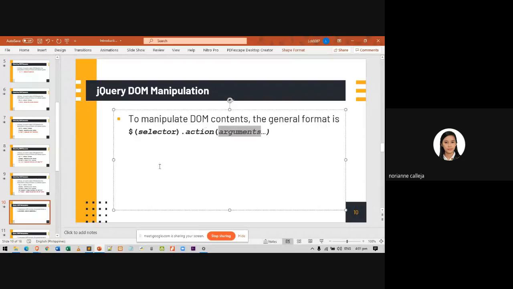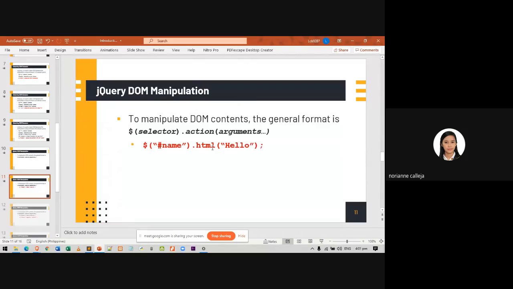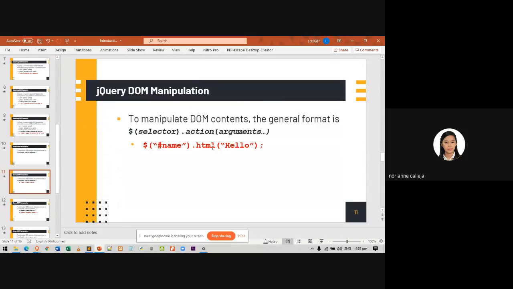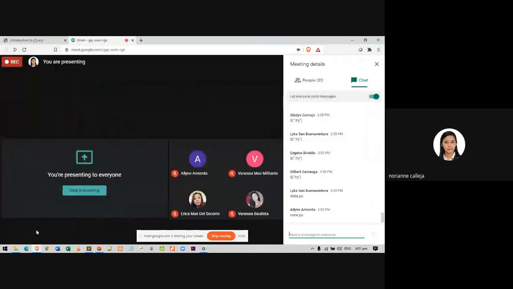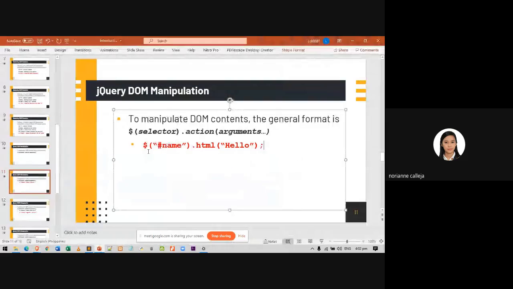Okay, so I have here some examples, and again, I will be asking you, so pay attention. So I have here my first example. The first example used what type of selector? May I see on the chat section what type of selector has been used?